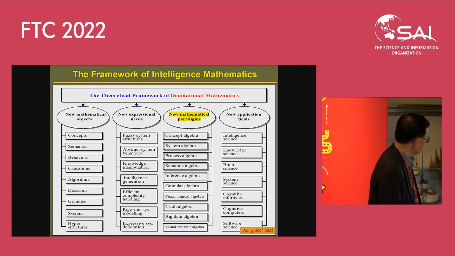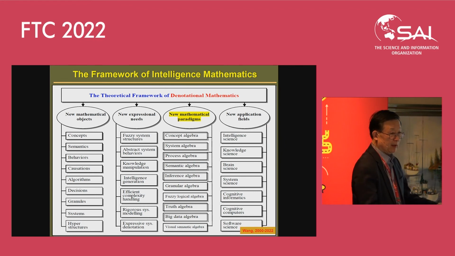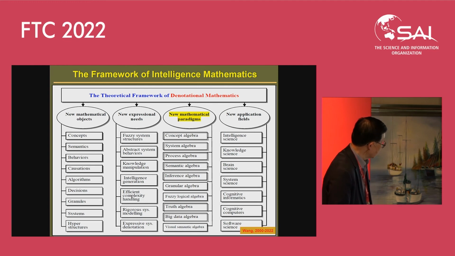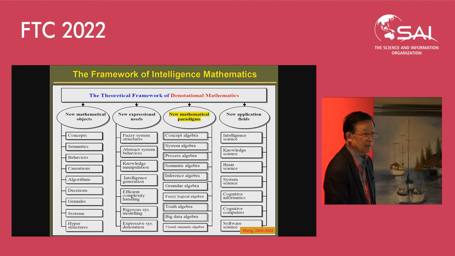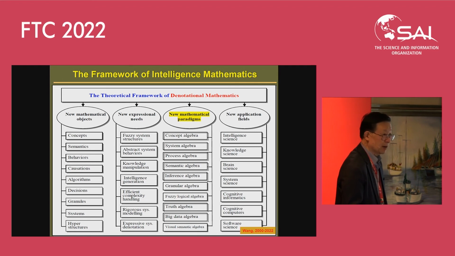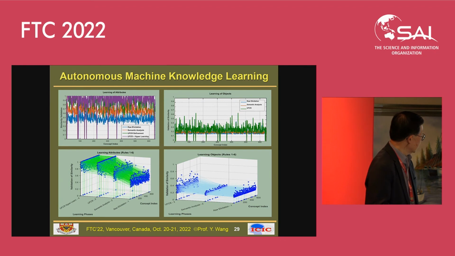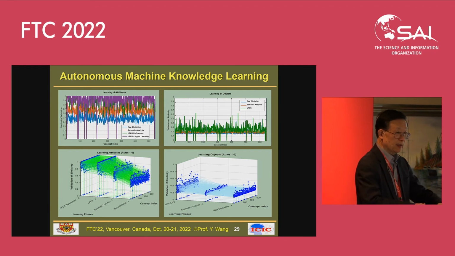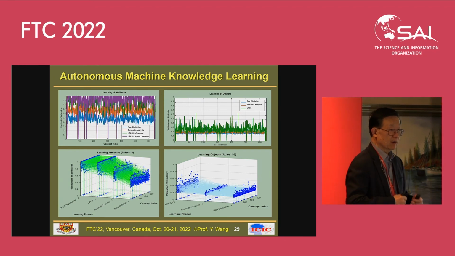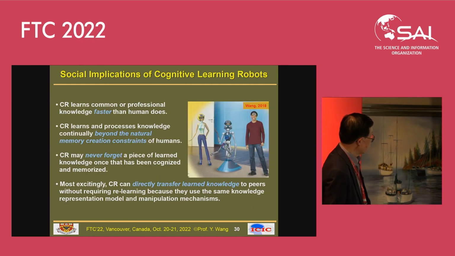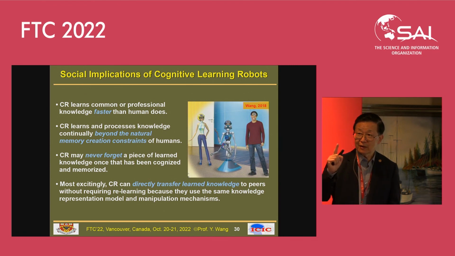This is something new we developed in the framework of intelligent mathematics, because all the entities we're dealing with in AI are no longer data objects. They are something more complicated. That's why we need a new set of mathematics, developed in my lab. You see, that enables machines to learn our knowledge rather than images, pictures, or patterns, in a very fast aggregation to refine their learning. And some results we already showed. So that leads to the last slide.